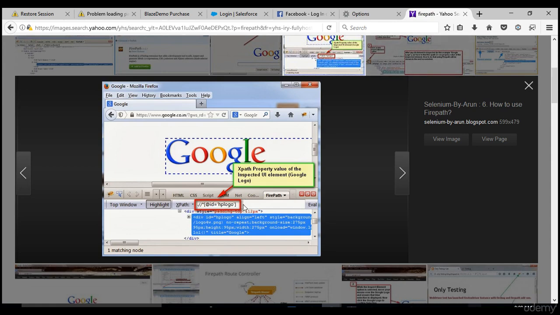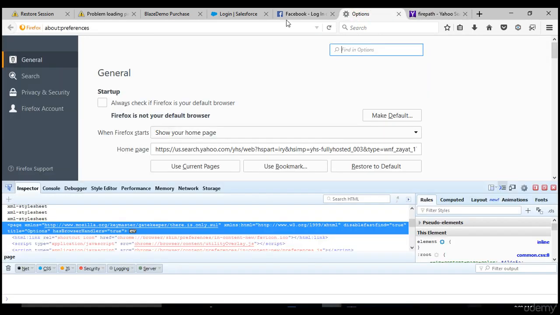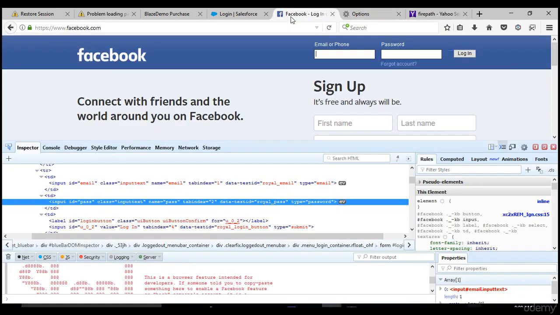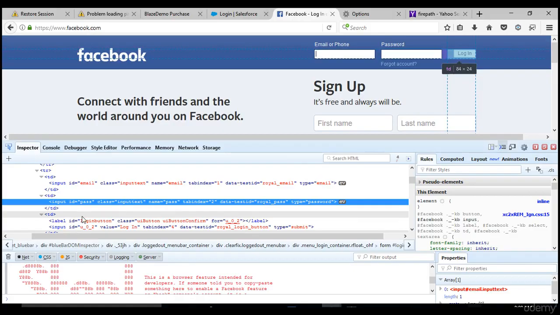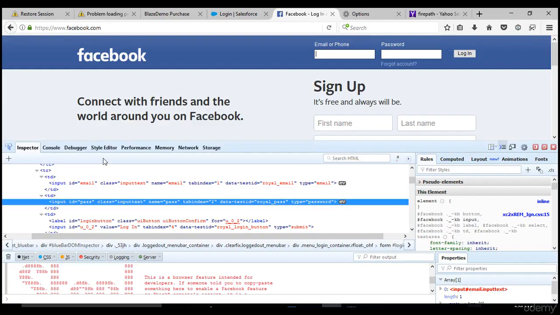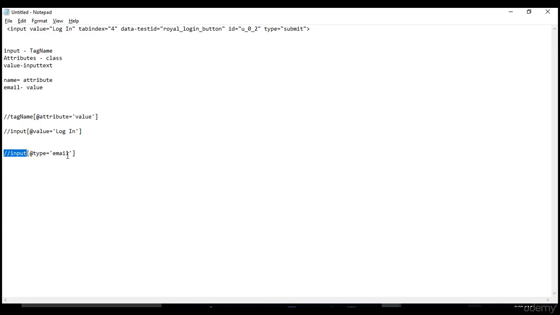Please don't get confused. Whenever I am doing this, you do it at the bottom. Hope you understand the difference. Alright, so email is given, login button is fine, and we have understood how to create XPath.